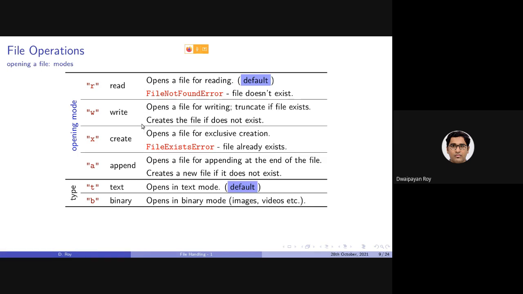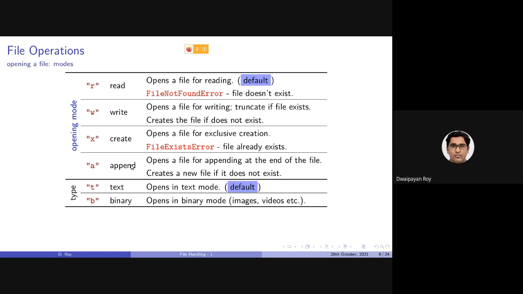If the file is not existing, it will be creating the file. In either case, whatever you will be writing from your program will be written in the file, and the existing content, if the file is existing, will be removed. Unlike the case for X, where if you specify the mode as X, if the file is non-existing, it will be just creating the file and start writing into it. If the file is existing, we will be receiving a file exists error.